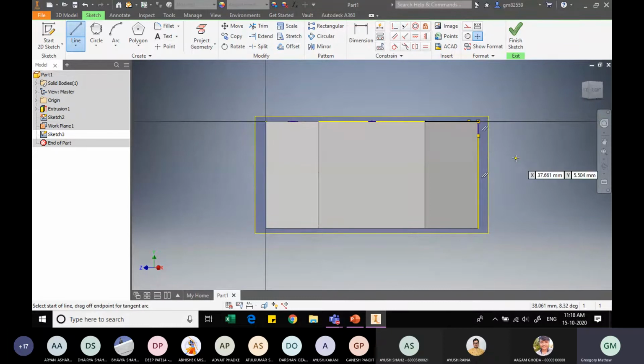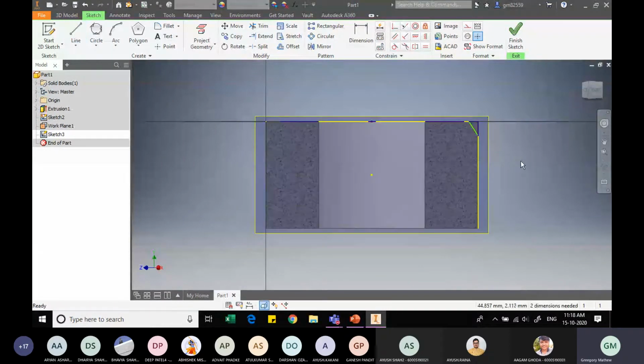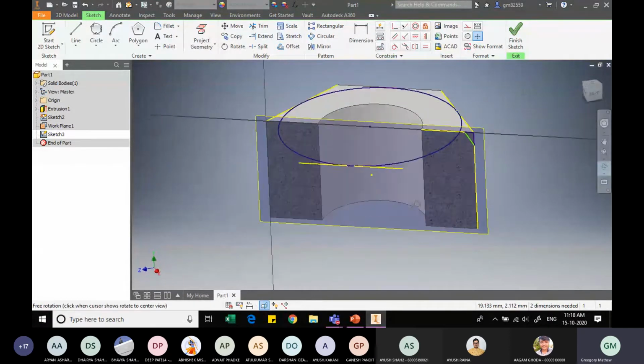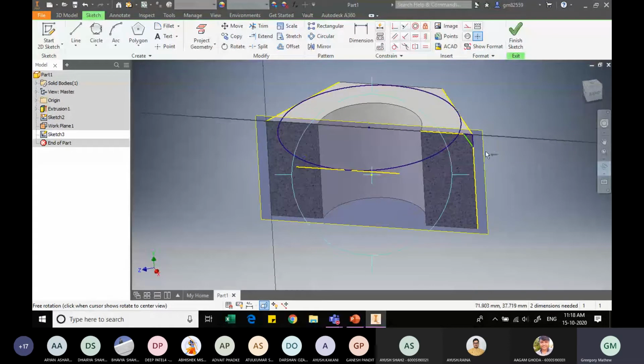But I am unable to see, so let me hide the front portion in front of the plane using the F7 command. Yeah. So this is approximately what I can see. Now let me slightly rotate and check whether the triangle that I have created is intersecting the line. No, so it is not intersecting. So I will just now delete this line which I created, and this line also. Let me delete this line and let me make a fresh line, so that it starts from this point and it intersects the circle.